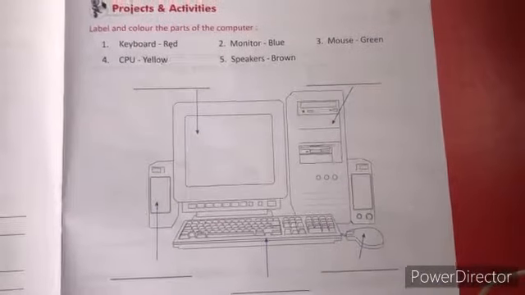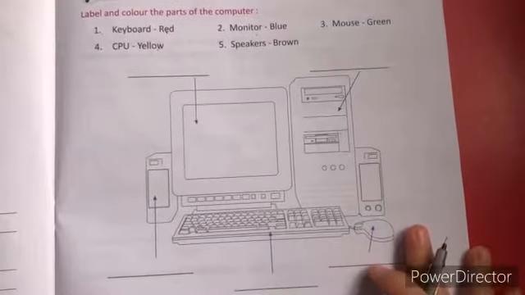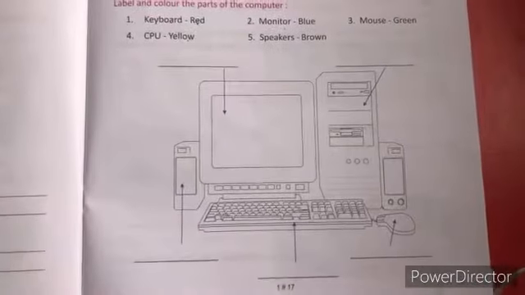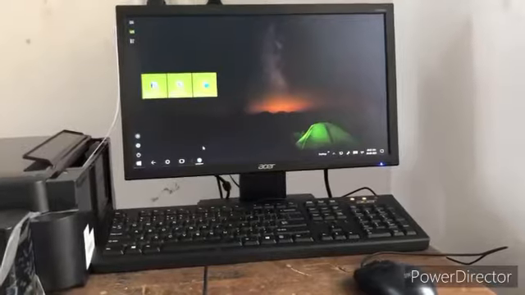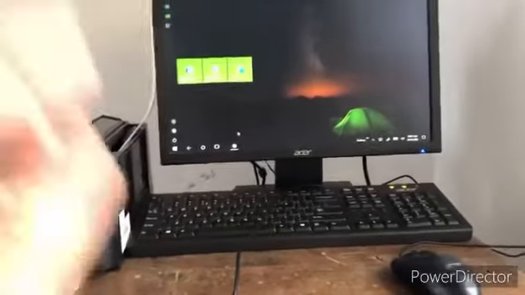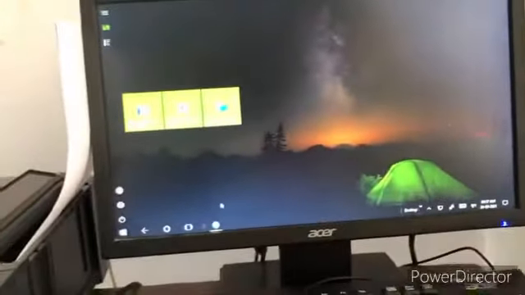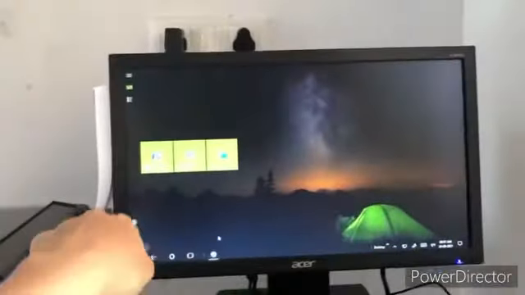Okay, so now we are going to do a practical on the computer. Children, see here, this is a computer, right? These are all the parts of the computer. What is this? This is the monitor. It looks like a TV screen.